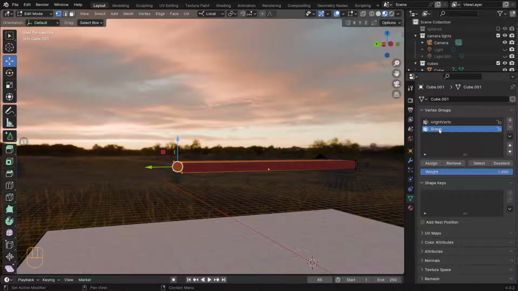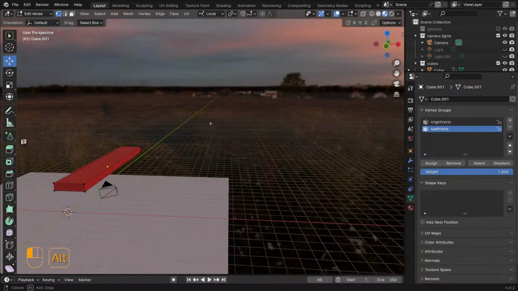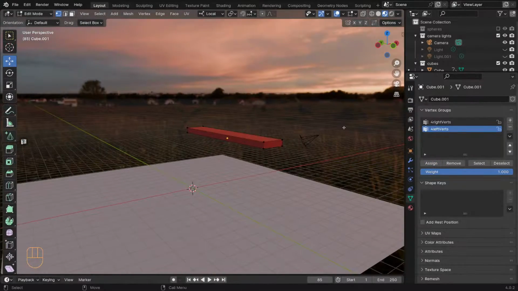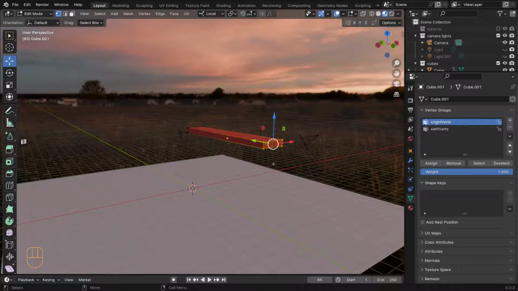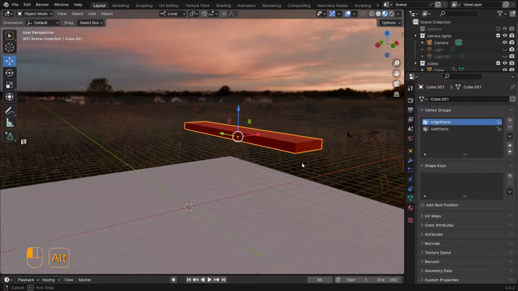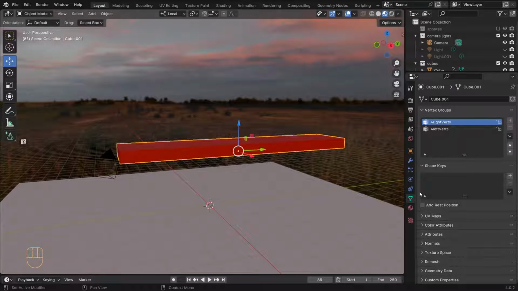You can make one called 4 left verts. Assign those. So what that means then is we've got these two selection vertex groups, sets, right? I could use them to select, but also too, we can call them out in modifiers. So if I go back out of edit mode and I put a modifier on this guy,